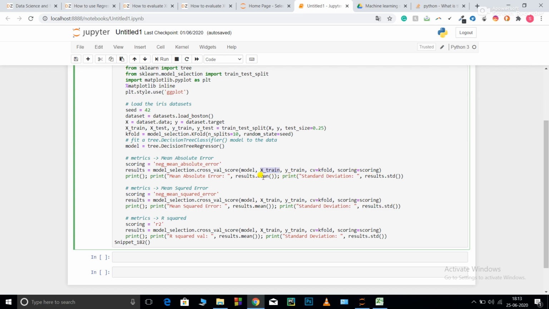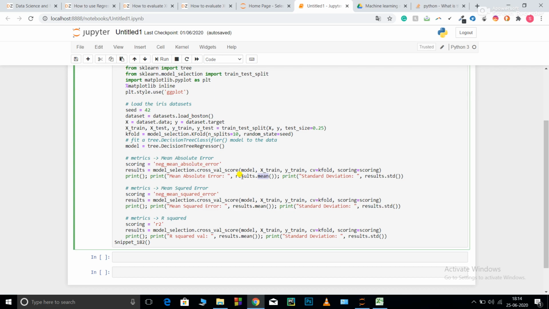It will print the mean of my cross validation, then the standard deviation of my cross validations. After that I'm using mean squared error. Mean squared error is as simple as the mean absolute error. The only thing is we square it instead of taking the absolute value. Consider my predictions are 2 and 3 and my actual values are 5 and 5.